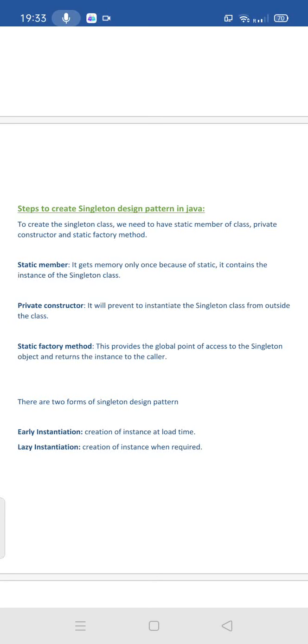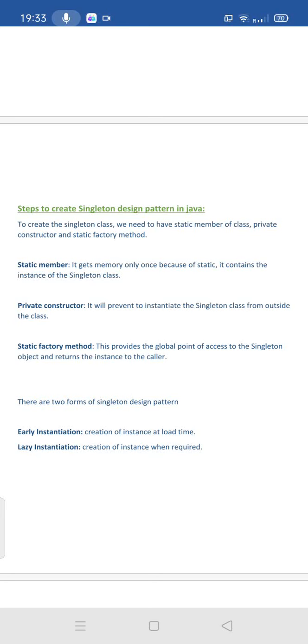Inside the static factory method, we will return the object of the singleton class, so that whatever classes need the singleton class functionality or object, those classes will call the static factory method and get the object of the singleton class. Because of that purpose, we have the static factory method.